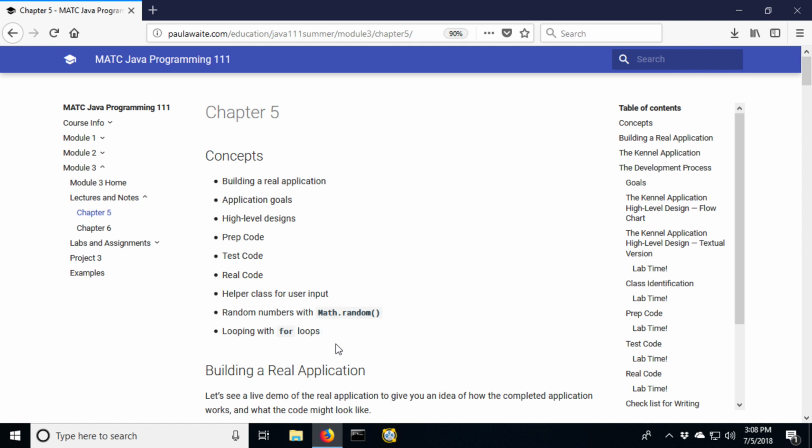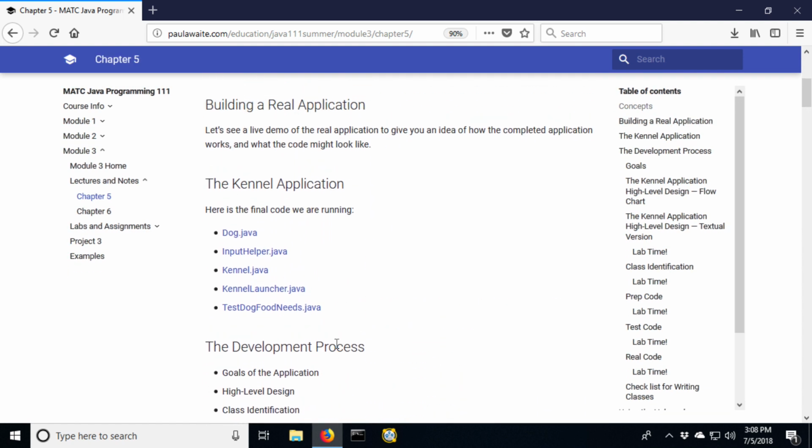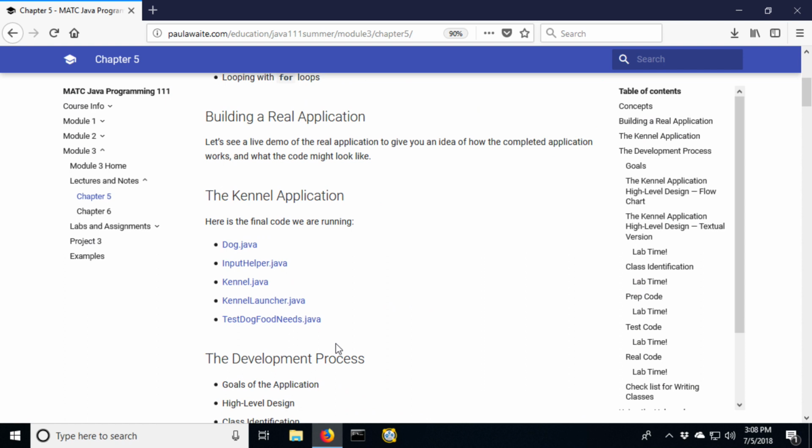So without further ado, let us jump into an application. For the next several demos and lectures, I'm going to build out and show the design of an application right from the beginning. That application code is available here, and I'm not going to show that code until we've actually built it through this process. But if you're interested in where we're heading, you can take a look at that ahead of time.